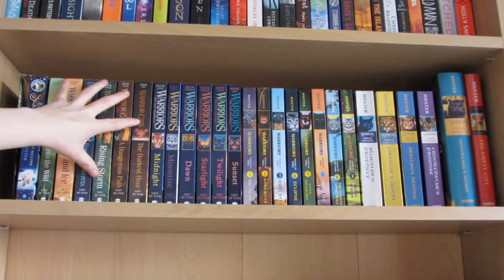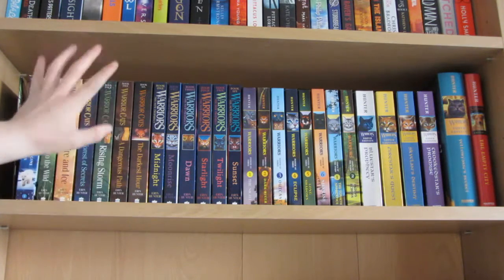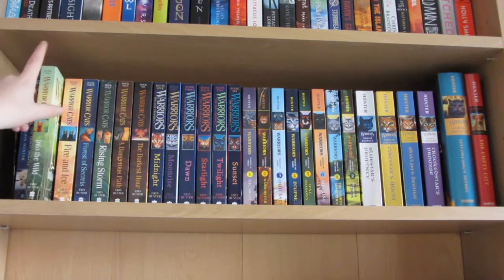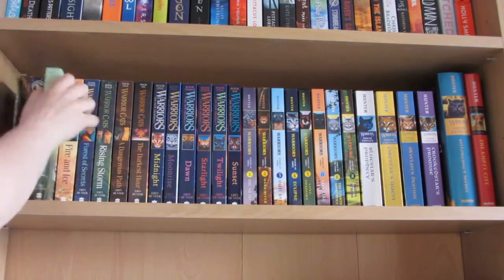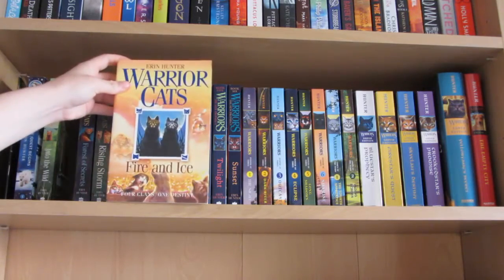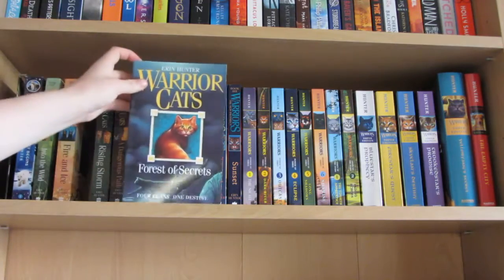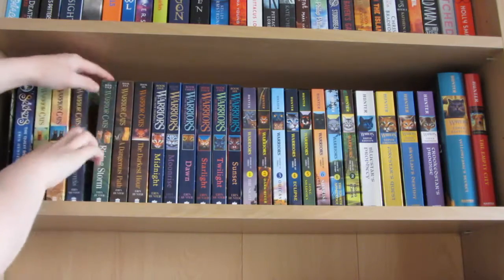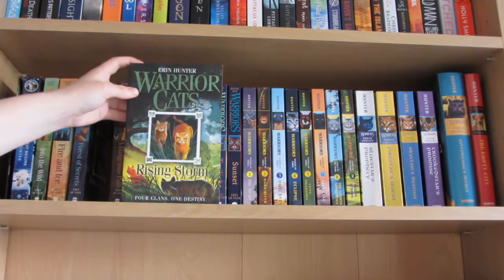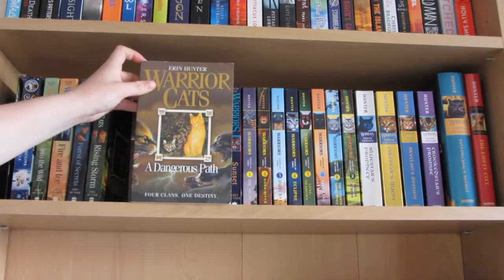First 6 books here are the first 6 books in the Warriors series overall, but these are the original series, so this is going to get a bit complicated, but you guys can understand, I'm sure. So in Series 1, the original series, we have Into the Wild, Fire and Ice, Forest of Secrets, Rising Storm, A Dangerous Path,